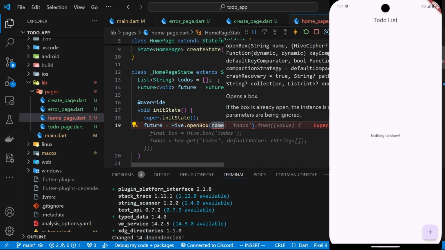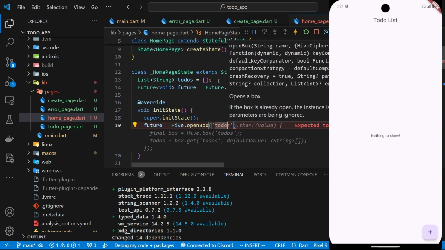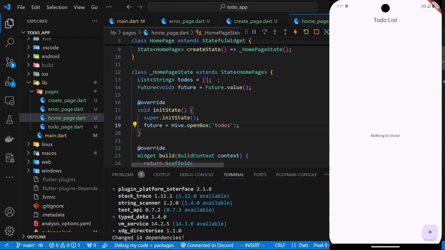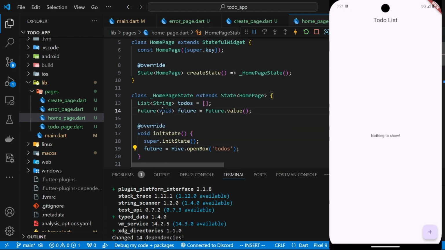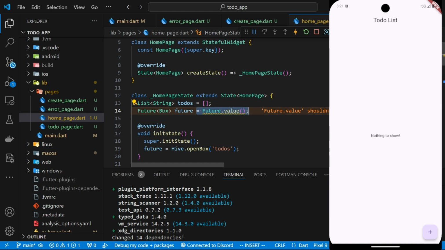We give this box a name, and the name is going to be the same as the file name. Because we are storing to-dos, we can give this file/box the name of todos. If you hover over this, you will see it will return a Future of Box. So we'll change this to Future of Box, and then